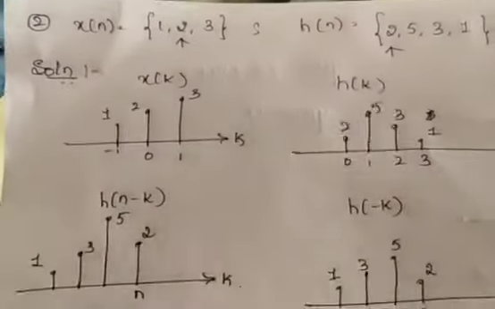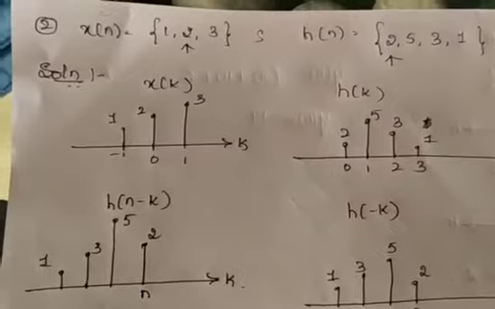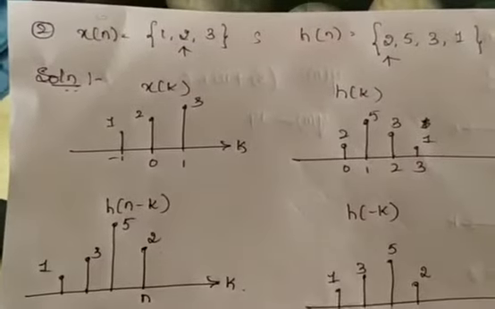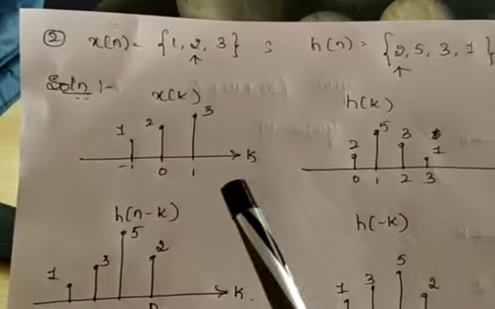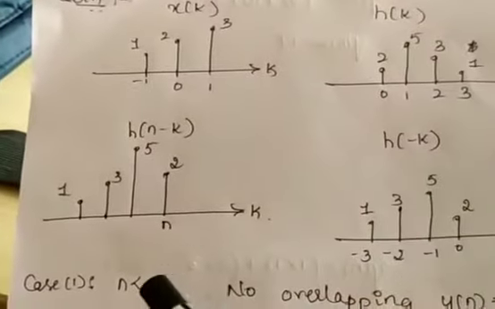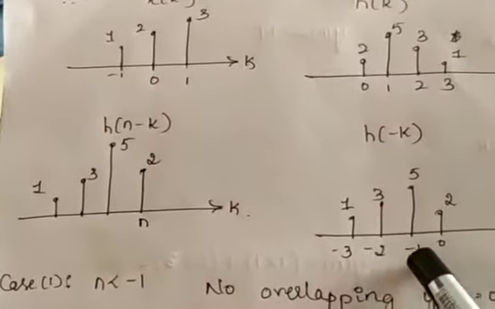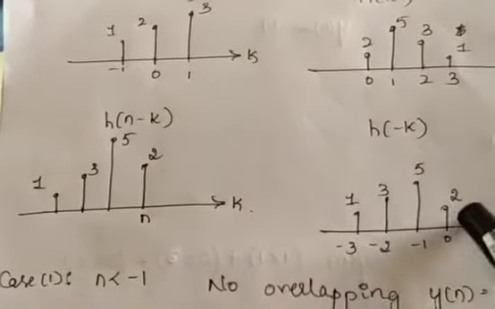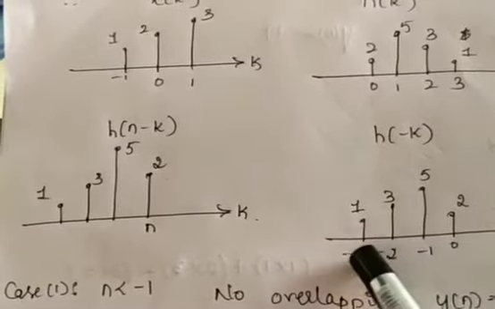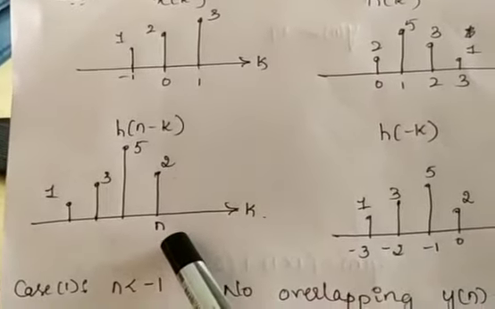Convolution sum of two finite signals. Once again the procedure is exactly the same, only the difference is we should stop by every sample. Once again sketch x of k and h of k, whichever is the larger signal, time reflect that, and assign the beginning to that sample. So here it is 0, 1, 2, 3, 0, minus 1, minus 2, minus 3. Though they have intervals, no need to mention the time interval of other samples, only the beginning is enough.